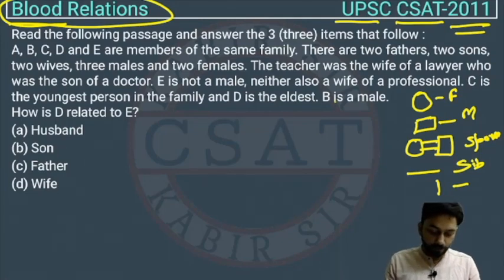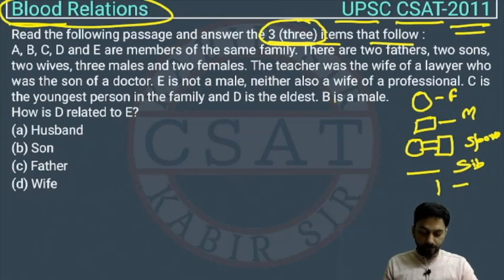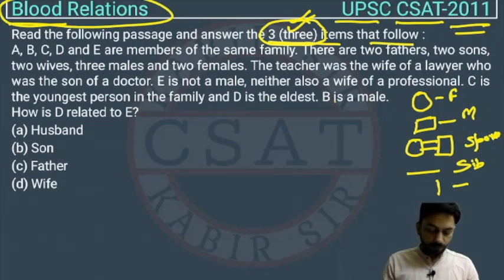So now let's read the question. Read the following passage and answer the three items that follow. देखो, पहले 2011 when the CSAT started, they were giving like this, okay, if you draw this family tree you can solve 3 questions, but nowadays the UPSC is not giving this kind of questions. So through one family tree they will give just 1 or 2 questions hardly,